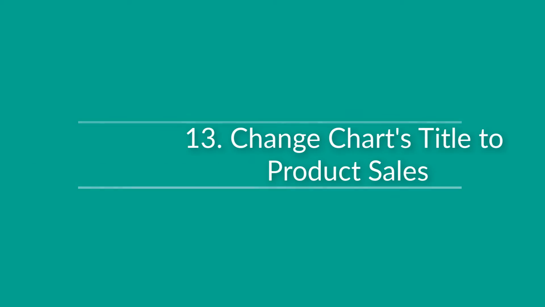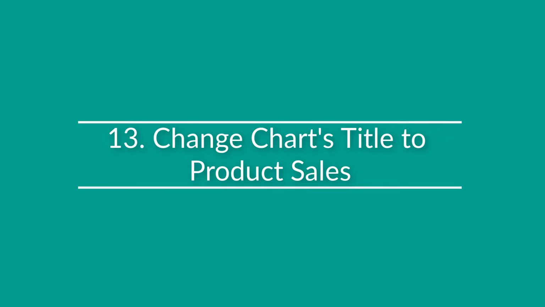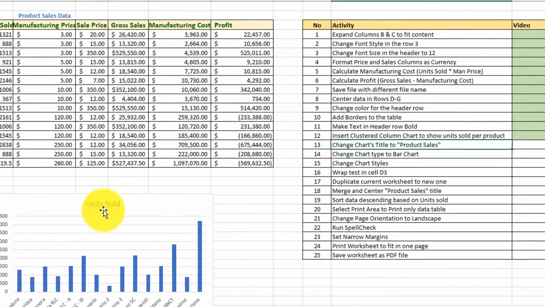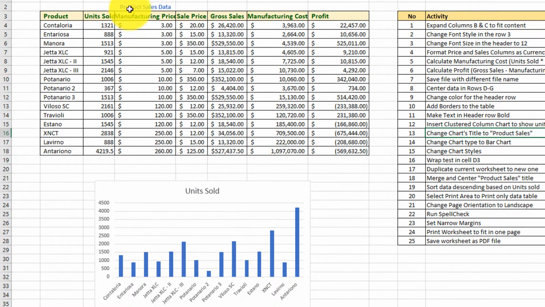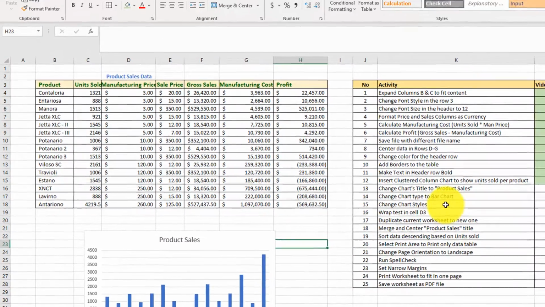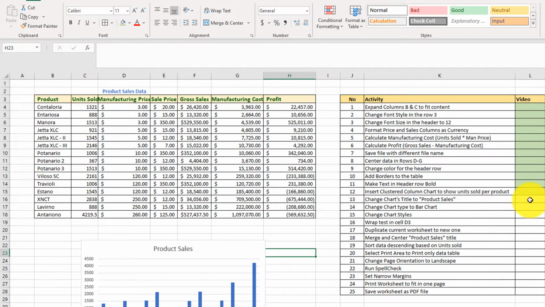Let's move on and complete task number 13, and here it asks us to change the chart's title to product sales. So the chart's title is units sold, which is different from the data's title, which is right now product sales data. So I'm just highlighting the attention for you. To change the chart's title, you click on the title, double click and select, and type product sales and click anywhere outside the chart, and now the chart's title is product sales, so we can mark